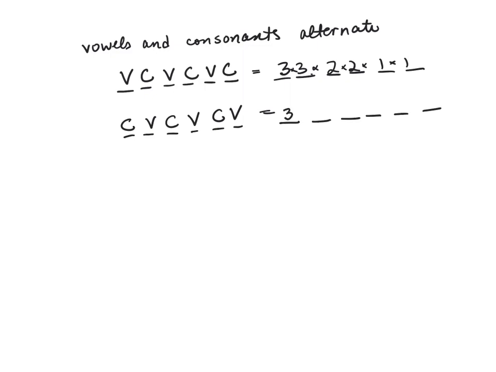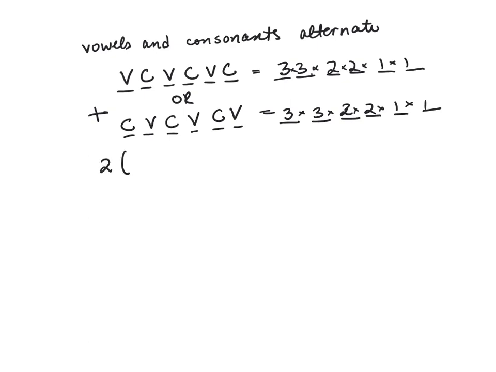So we have 3 consonants. And because this arrangement or this arrangement would work, we would add the 2. So the answer is 2